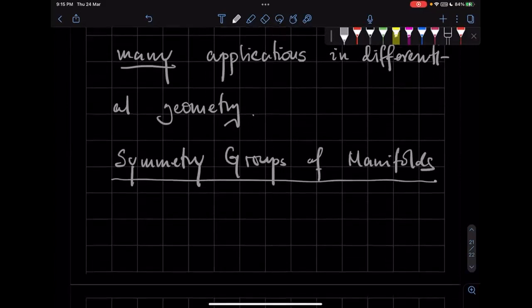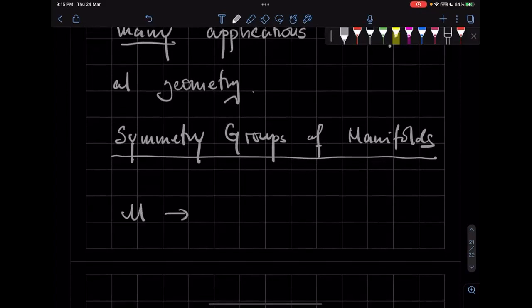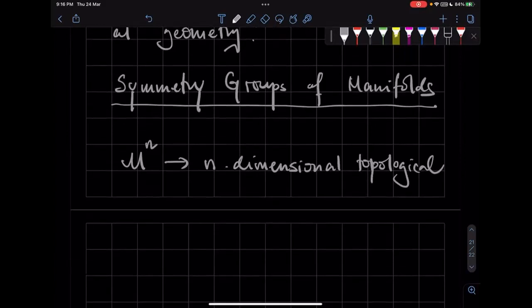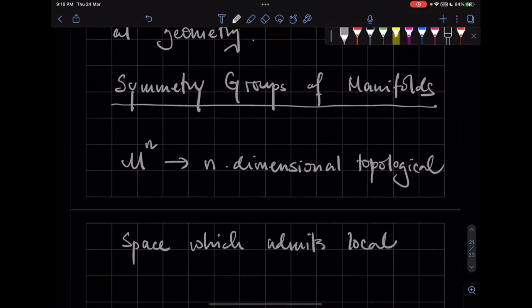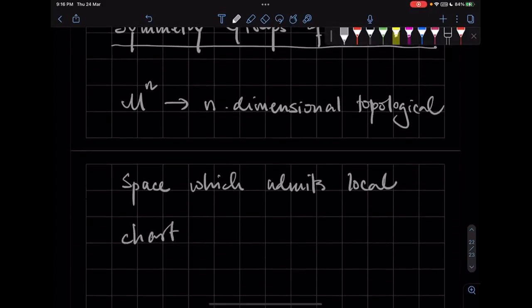Okay, so we have already explored what a manifold is. So essentially, a manifold, say Mn, is an n-dimensional topological space which admits local charts, which are subsets of